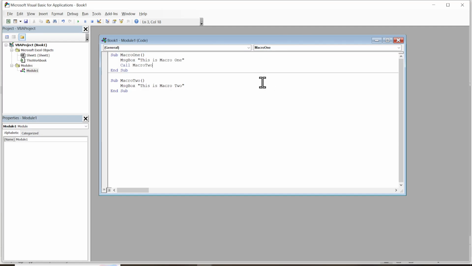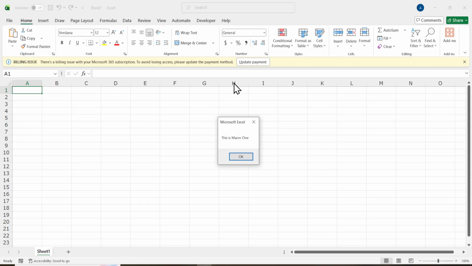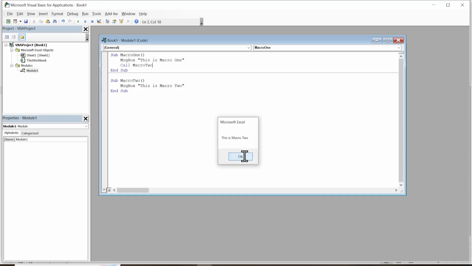The first message box pops up showing the text, "This is MacroOne." Click OK to dismiss that message. Right after, a second message box appears showing the text, "This is MacroTwo." Click OK on that one as well. The important thing to notice here is that MacroTwo only ran because MacroOne called it on the line that says,